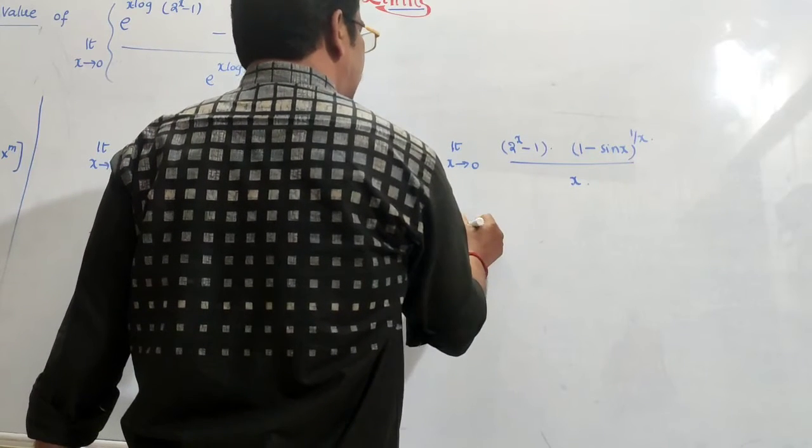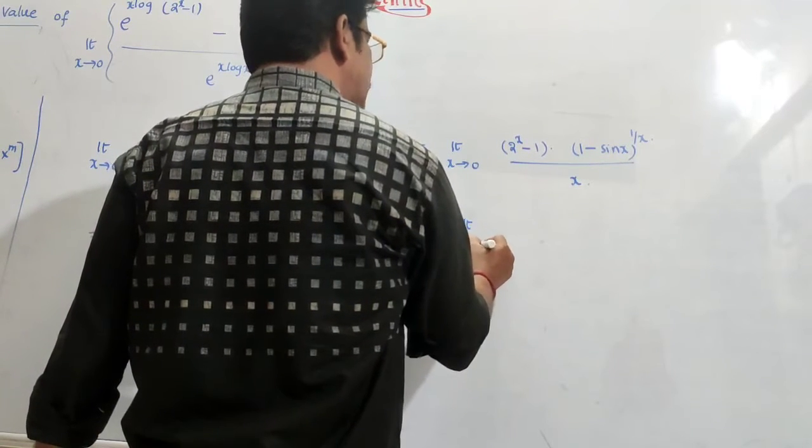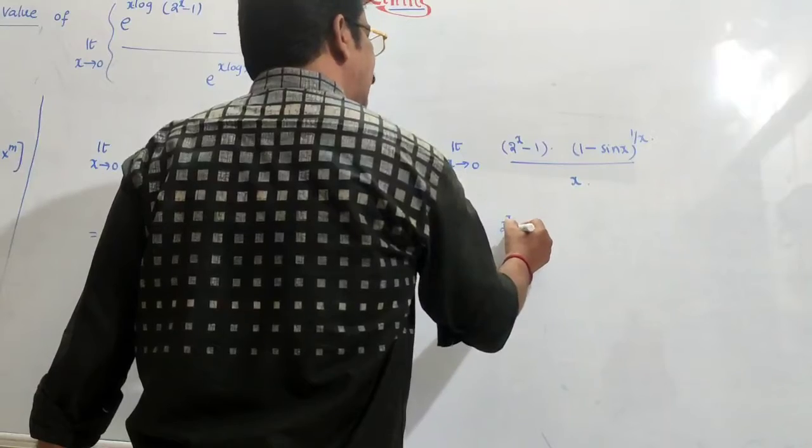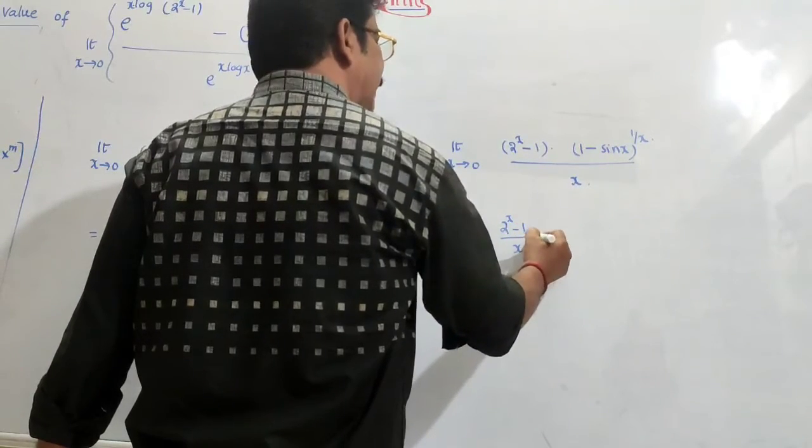So therefore limit x tends to 0, we can take like that (2 power x minus 1) divided by x,